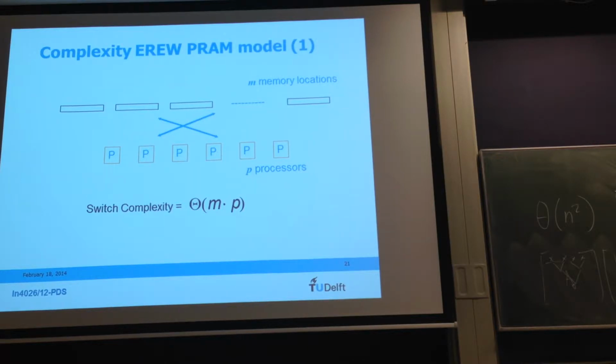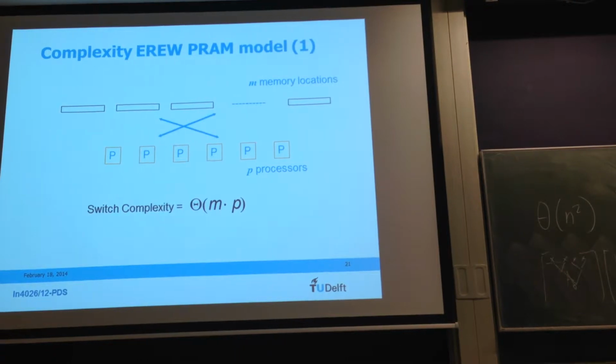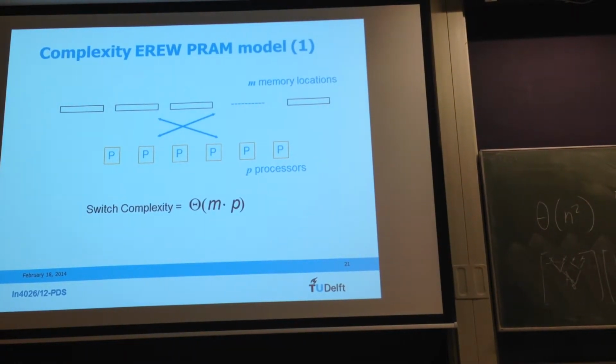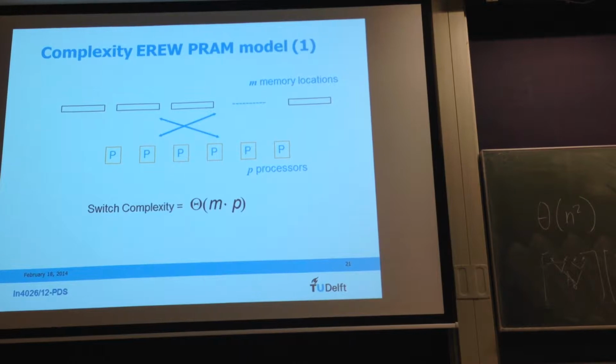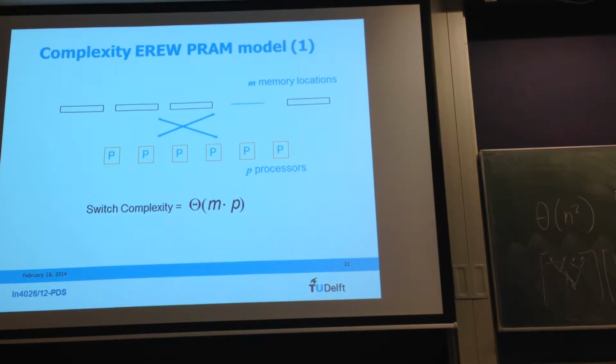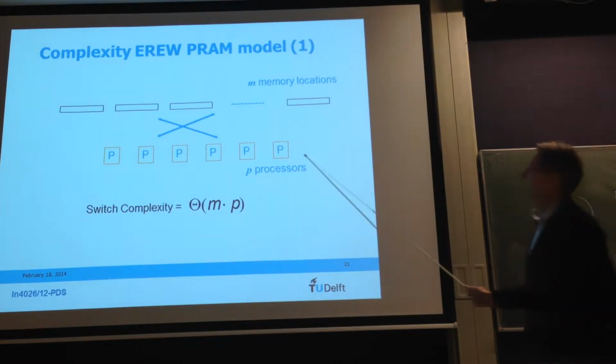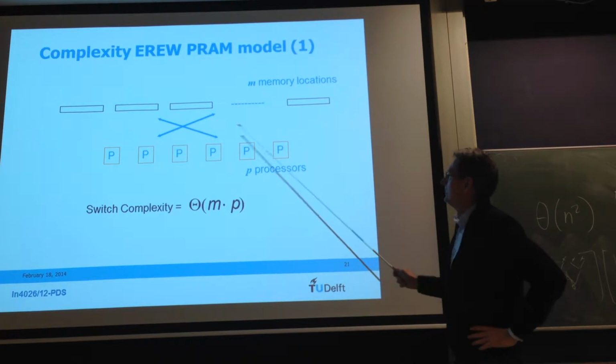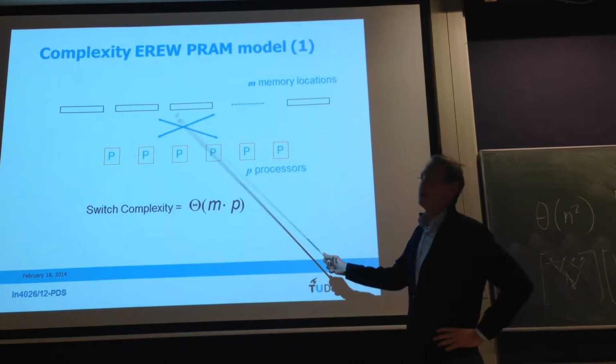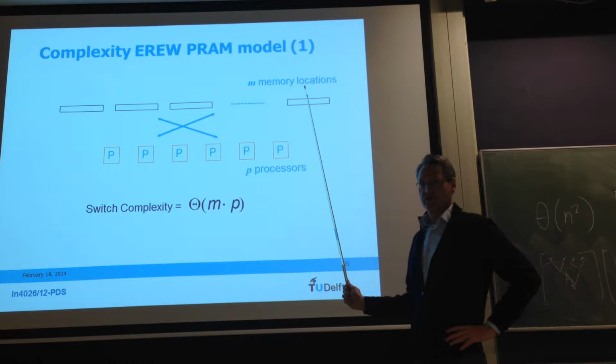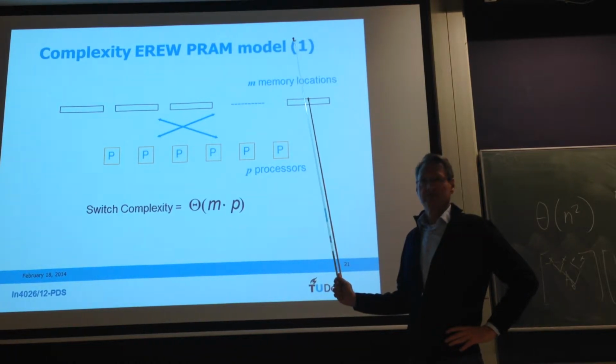Now let us try to translate the complexity of these models against real systems. So let's have an exclusive read, exclusive write PRAM model, where we have M memory locations in our model, and we have P processors. And if we want to realize equal access to all these memory locations at an equal time, then